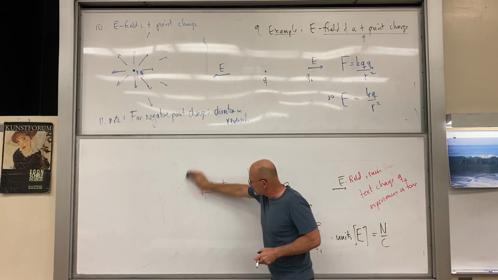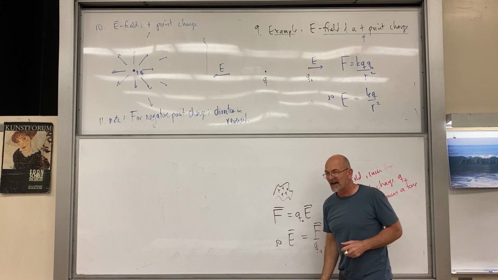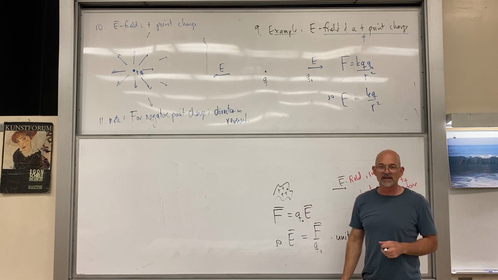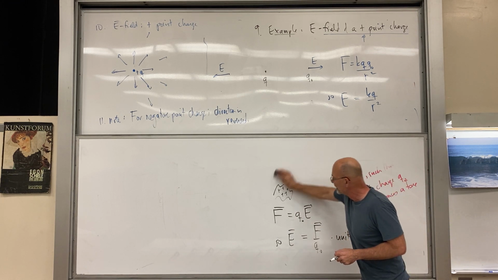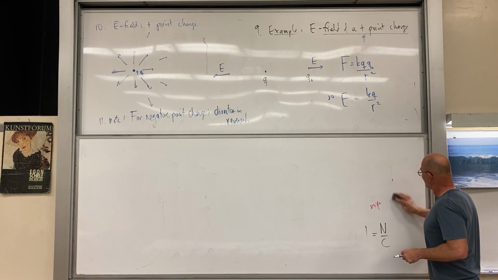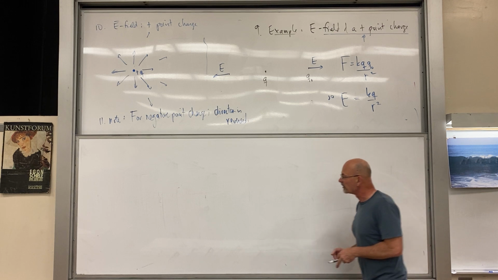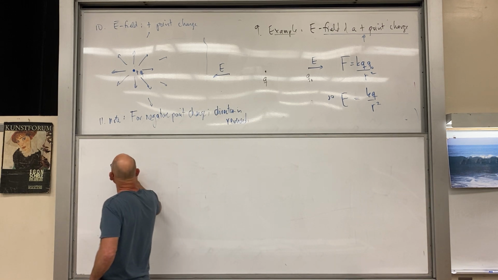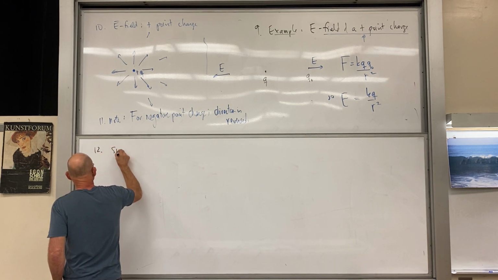The terminology for this addition of vectors is called the superposition of fields. Okay, you just add the vectors. And I think I'll look up that homework problem and do a little picture of it. So 11, 12, superposition